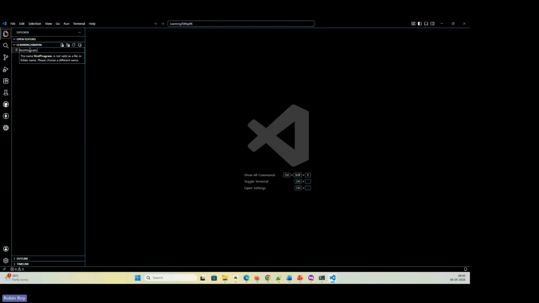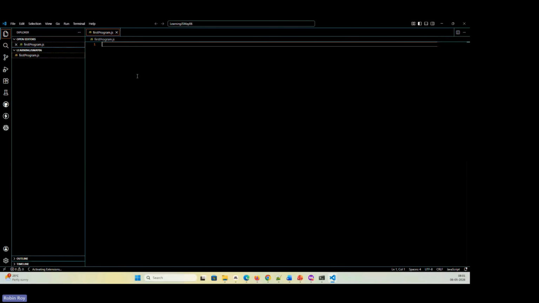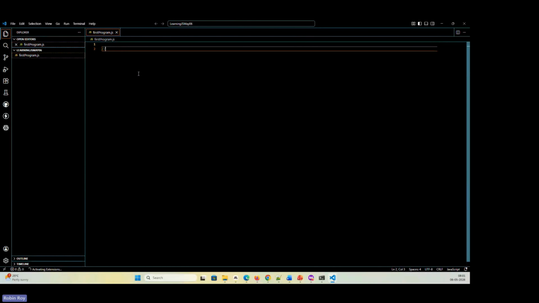So we are learning JS, and we'll go with JS for now. As soon as you put JS, you can see on the left-hand side it says JavaScript. If you put TS, on the left-hand side you will see that it says TypeScript program. So we'll put JavaScript, and once you click on JavaScript, it will open the first program. Now, one thing to consider here: the file name should always